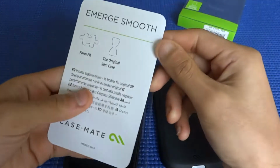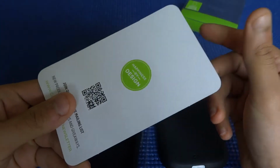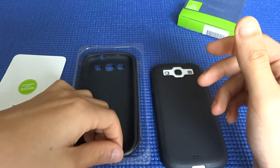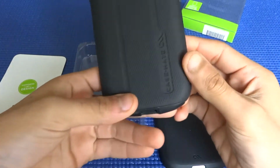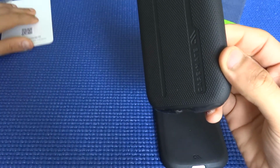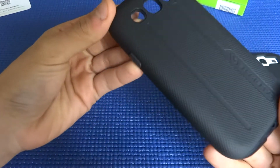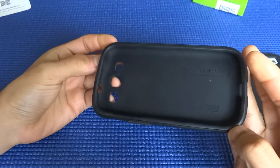Here is the pamphlet that I was talking about. This, like I mentioned, is for the Emerge Smooth case, but it should be very similar to what you get with the Tough case. And here's the Tough case itself. Let me just put this out of the way and show you the case itself. And the case here, as you can see, has a nice texture on the back, and